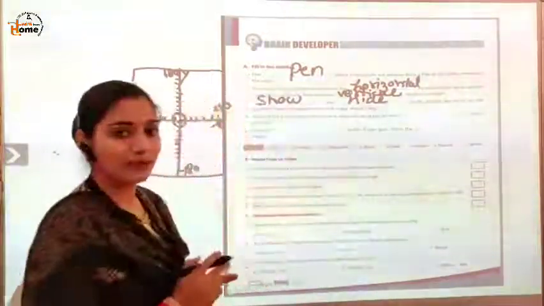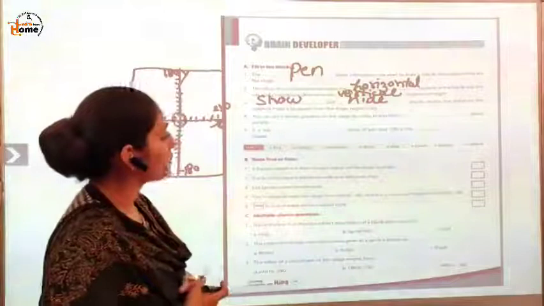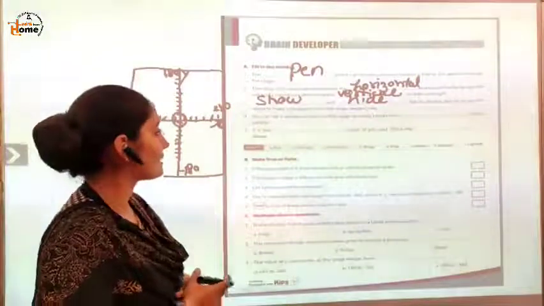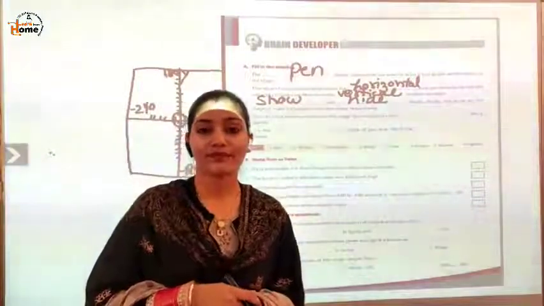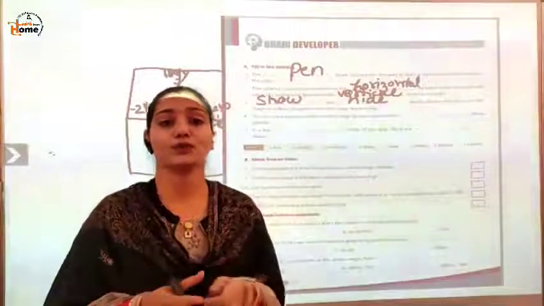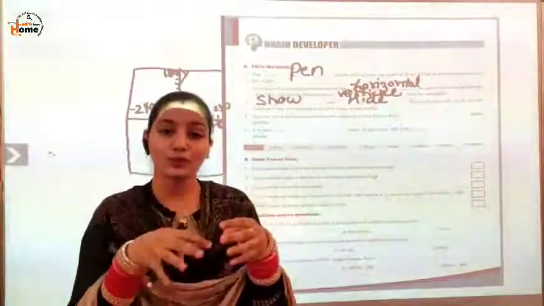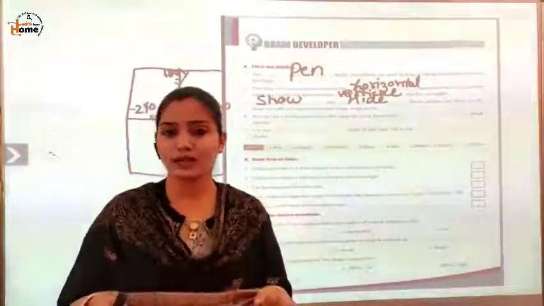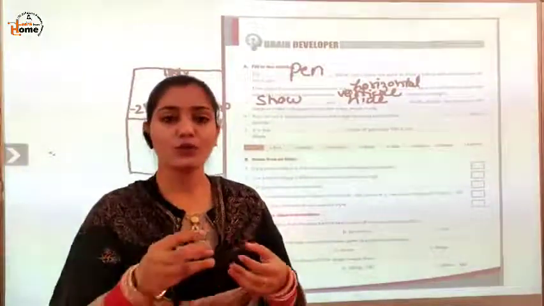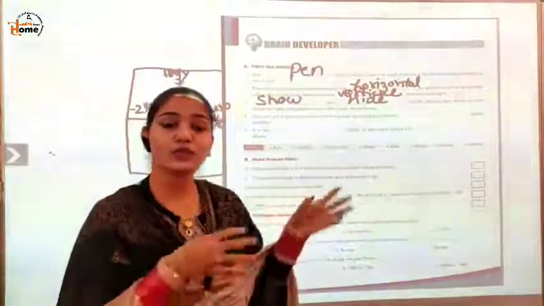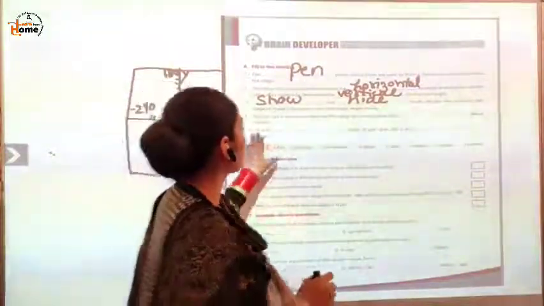See in your book. Okay, next: you can set a sprite position on the stage by using blocks from dash block palette. How can you set the position of the sprite on the stage? Which block will you use? You will use the motion block, right? When you select the motion tab, so many blocks will appear and you can select any blocks like move 10 steps ahead, turn some degrees, right? These are all the blocks in the motion block palette, so using those blocks you can set the position of the sprite. So you will use the motion block.